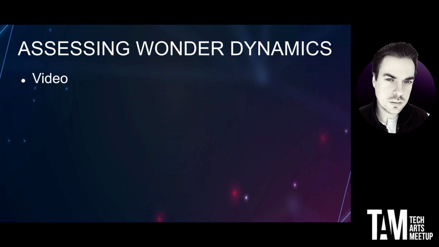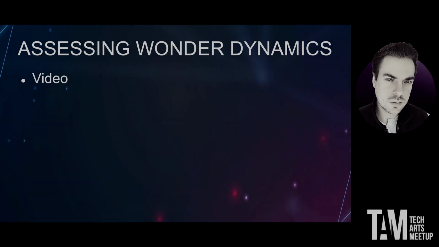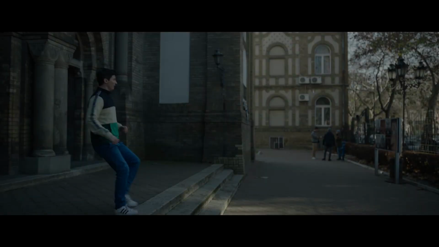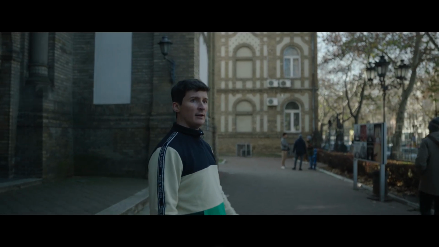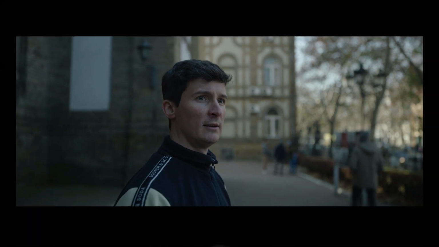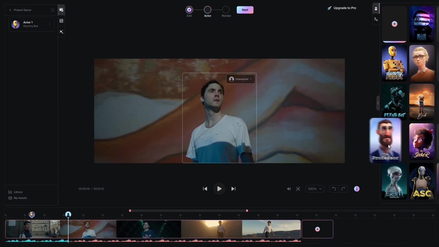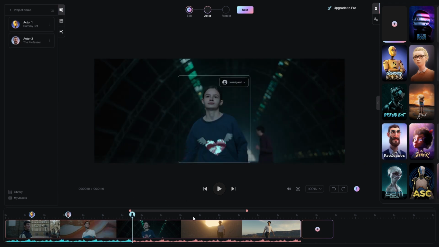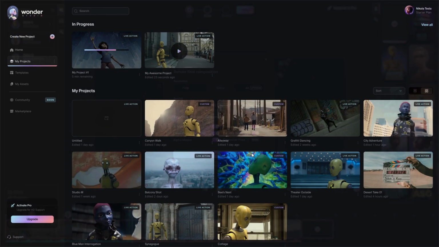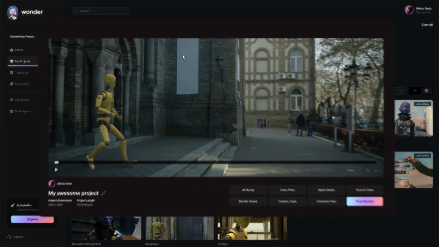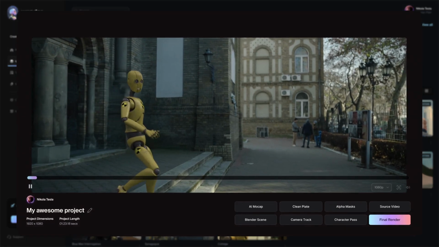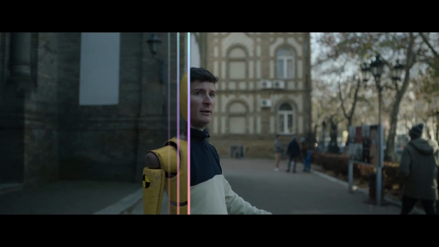And I do have one for Wonder Dynamics. They say all great stories start with a sense of wonder. And what if bringing those stories to life wasn't limited by our resources, but only by our imagination? Welcome to Wonder Studio, where making movies with CGI is as simple as selecting your actor and assigning a character. The system uses AI to track the actor's performance across cuts and automatically animates, lights, and composes the CG character directly into the scene.